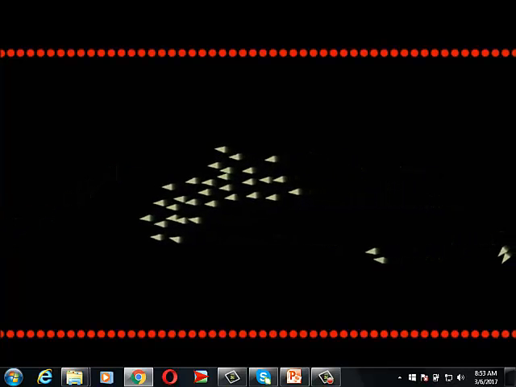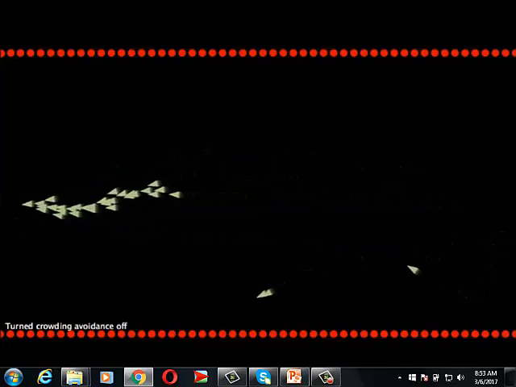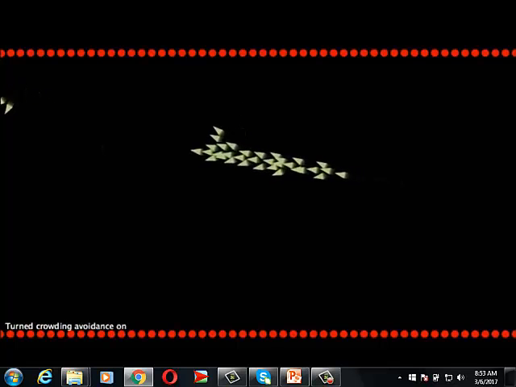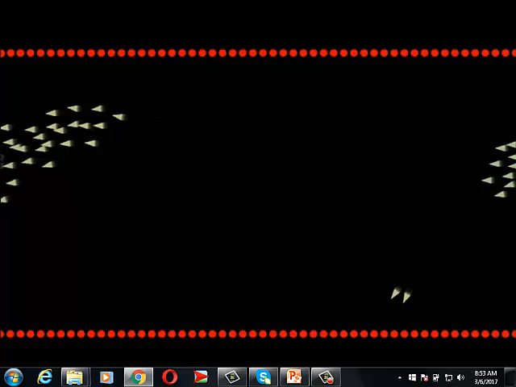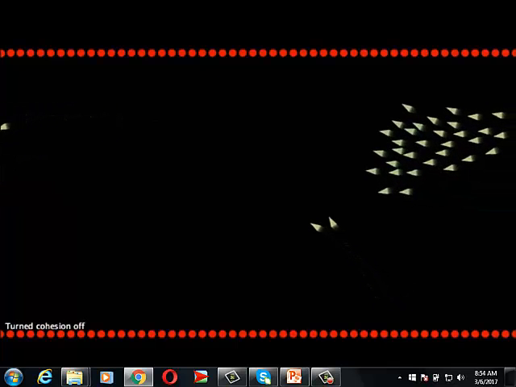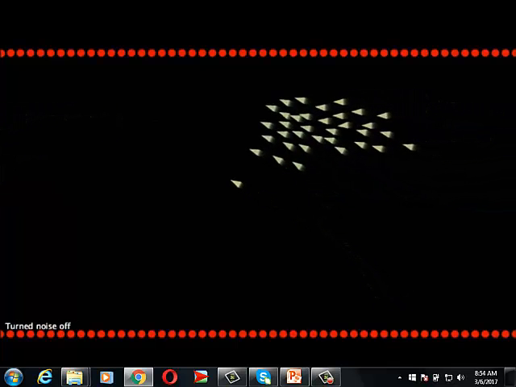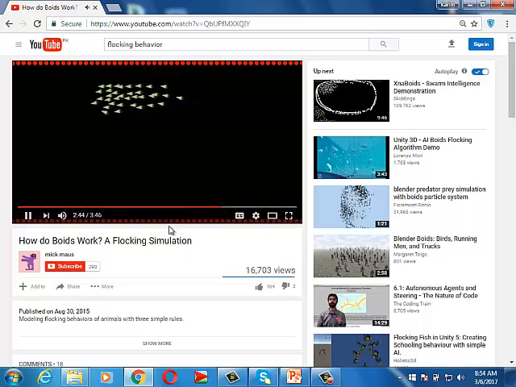If we turn off the crowding rule, they'll get really close, crowding together. They want to be near each other, and now they pop each other's headings. So they formed into just one. Crowding rule says, okay, don't get too close. Turn it back on, they'll pop back out. And there's some other stuff going on here. They have some noise. If I turn off the noise, they're pretty smooth. And if I turn it back on, you can see them kind of jiggle.